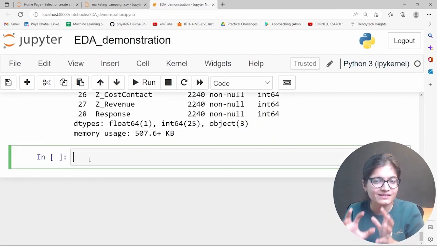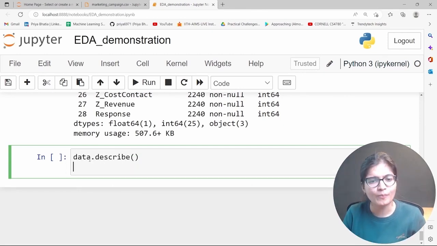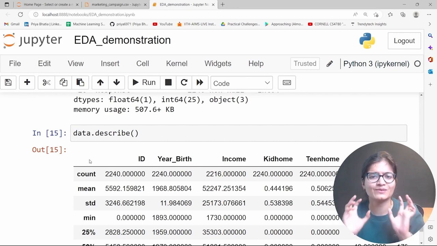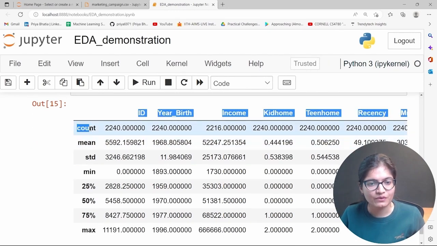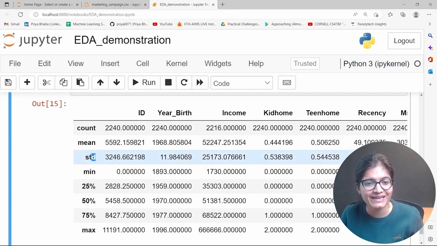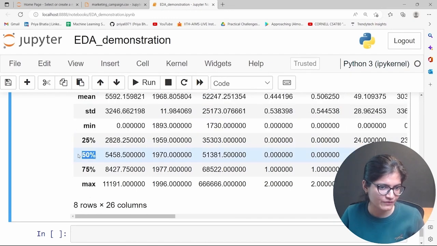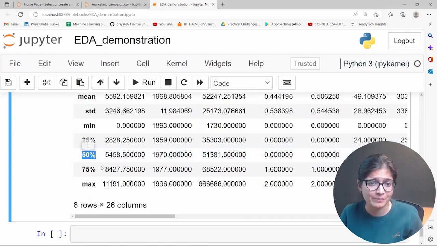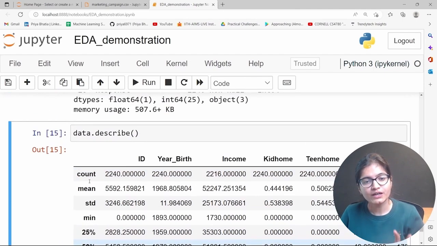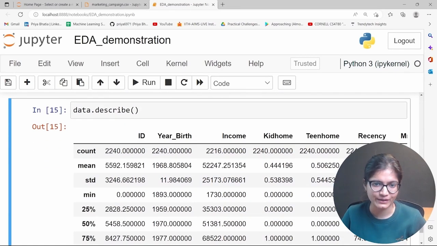Similarly, in order to see the statistical portion of our data set, we can say data.describe. I hope that all these things I am saying here, you are already aware of. Here you can see that we will be able to get the count of the features that we have. We will be able to get the mean, the standard deviation, the minimum value, the 25 percentile value, the 50 percentile value. 50 percentile is nothing but the median only. And then the 75 percentile value and then the maximum value. So here we will be able to get all the statistical measures of our given data.